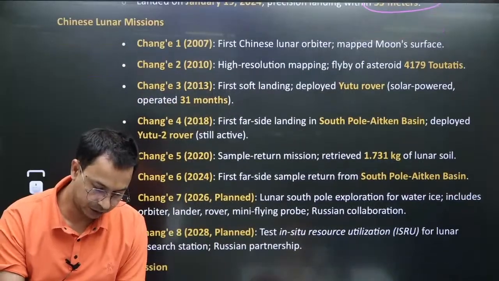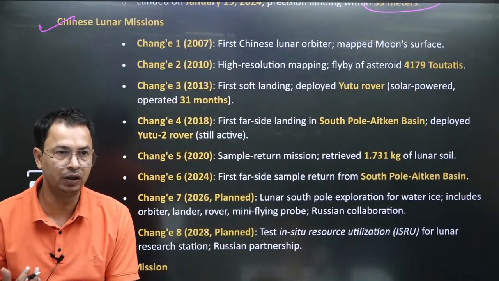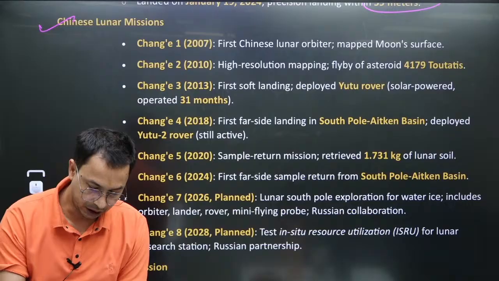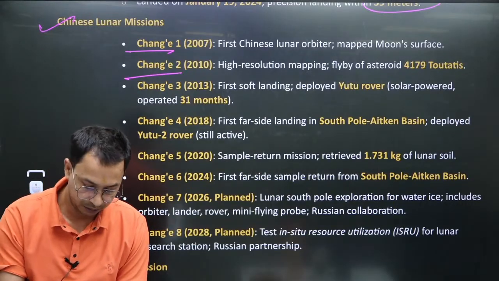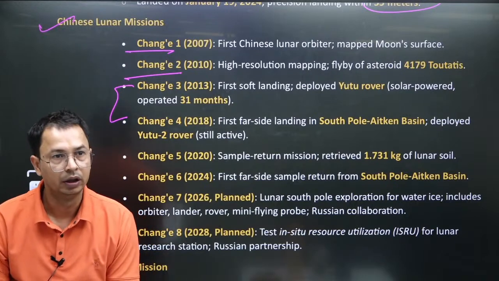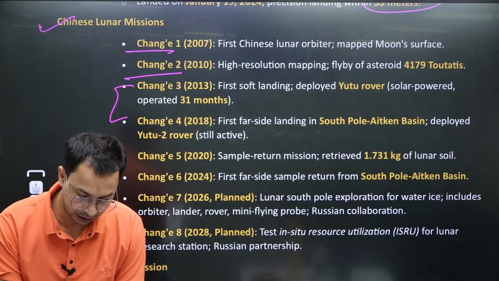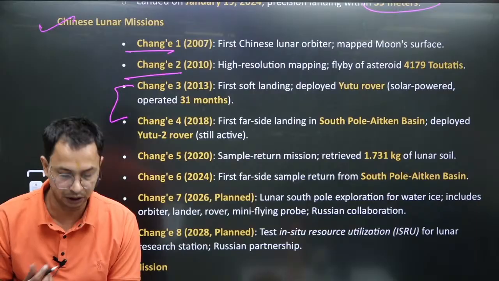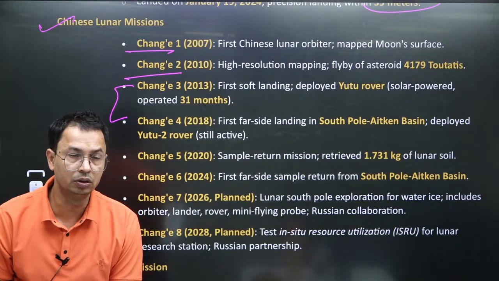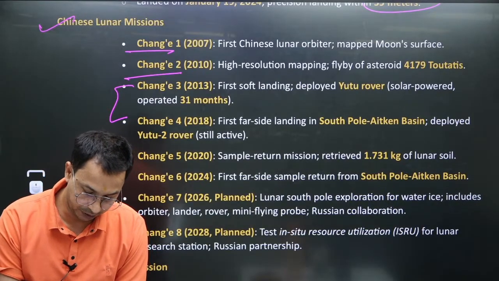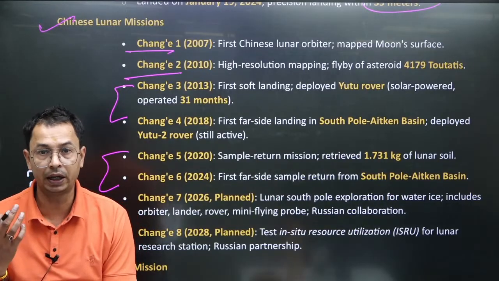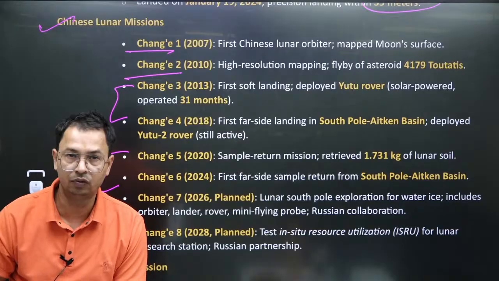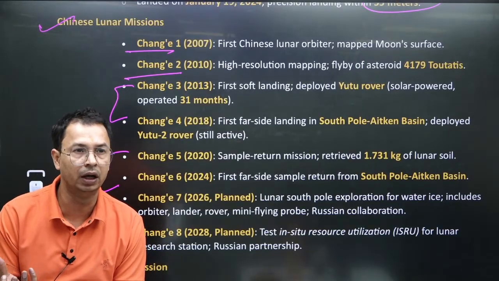Then the Chinese missions. China has missions from Chang'e 1 to Chang'e 8. Chang'e 1 and Chang'e 2 were orbiter missions. Then Chang'e 3 and Chang'e 4 also sent rovers. In Chang'e 3 the rover was Yutu, in Chang'e 4 the rover was Yutu-2. Then Chang'e 5 and Chang'e 6 were sample return missions. Chang'e 5 sample came from the near side of the moon, Chang'e 6 sample came from the far side of